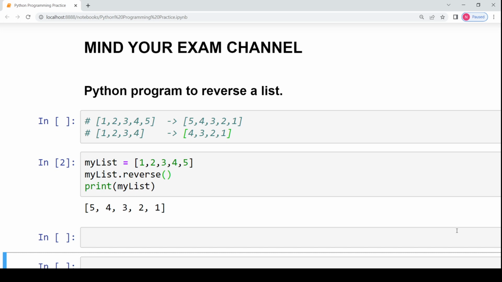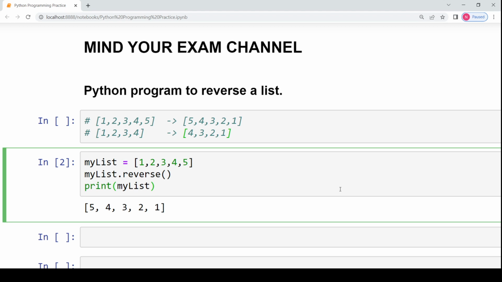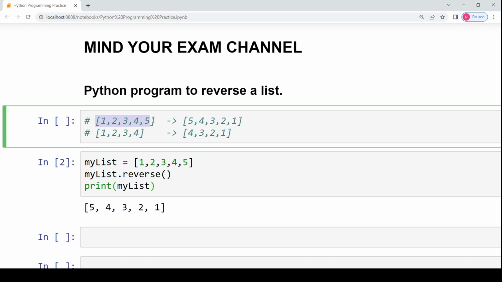So in this video we will see the Python program to reverse a list. Now there are two main methods. One is the shortcut, which is using the built-in method of list, and the other one is writing down the entire process manually. So in either case, if we are given a list, then if the list contains 5 elements,